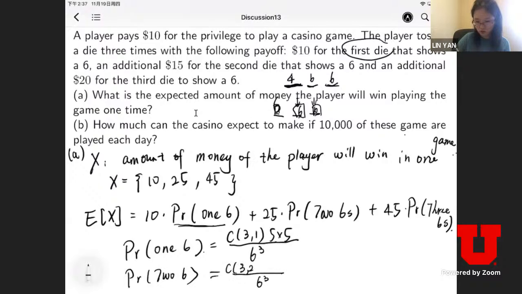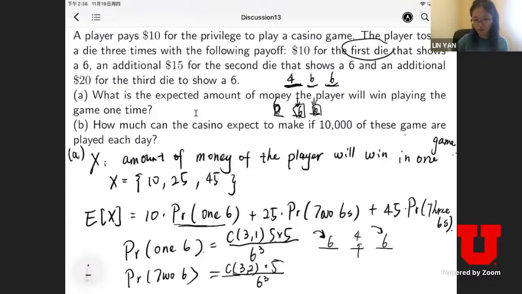So we need to choose 2 from the 3 positions, and with the last one, we have 5 choices. So you can put the 6 anywhere. For example, in here is this one, and maybe this one is another number, and you will say I get the first 6 on my first try and get my second 6 on the third try. So this one is still allowed, and